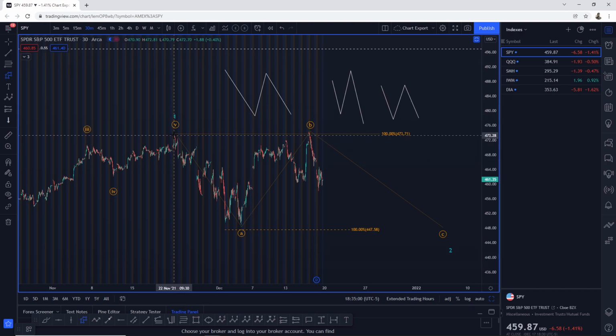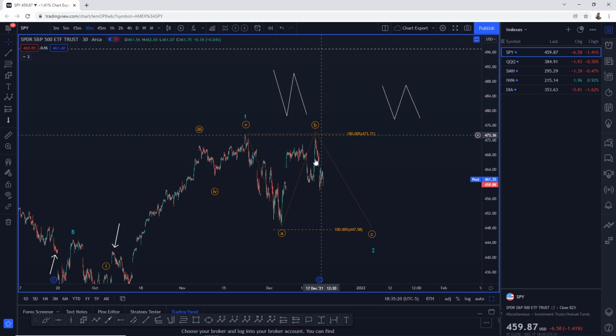I say that because we made the wave A low, and the wave B took out the origin of wave A. So is it likely that then wave C is going to take out the low of wave A? That is yet to be seen. So we're still waiting for that type of confirmation. Now, if we don't consider